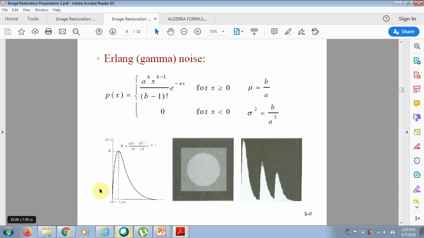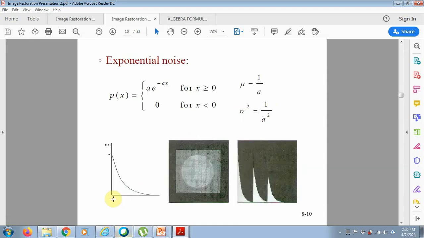So it will be 0 for the negative values. And the variance sigma square is given by b upon a square. So it is quite similar to your Rayleigh noise, but the basic difference is the Rayleigh noise starts from a and your gamma noise starts from 0. Okay,